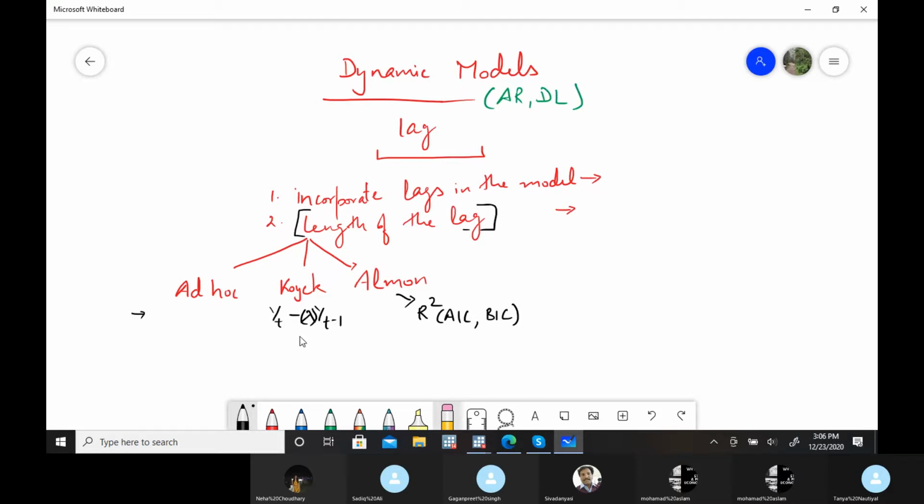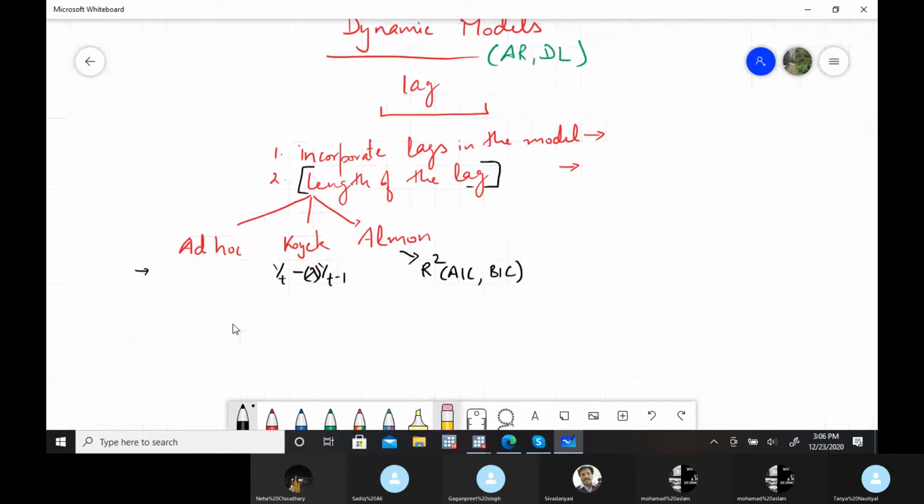But these three solutions again have different problems. It's not that we have a perfect answer. In the Koyck approach, the problems are, one, autocorrelation, and another, the covariance between Y(t) and U(t) is not zero.